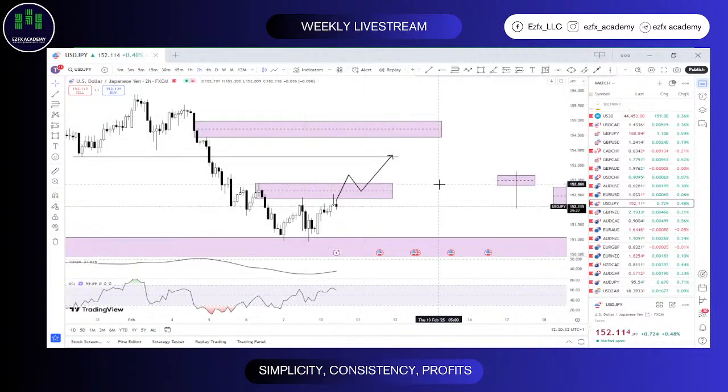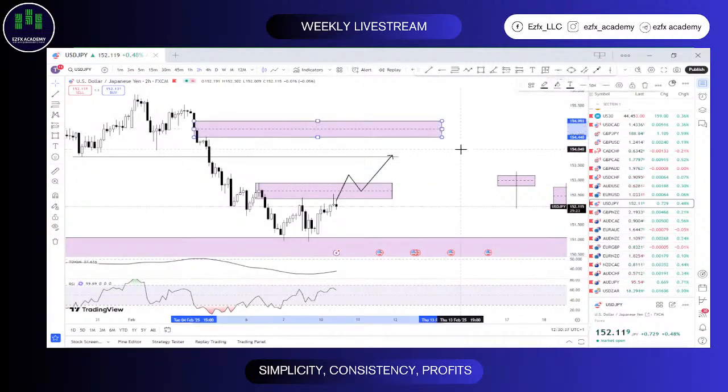But I think for now, working with this region that we just marked out on UJ on the 2 hour time frame, 154.993 and 154.440. That'll be my sell region on USD JPY this week. 154.993 and 154.440. However, again, I'll tell you this: when price comes into here, do not just take that trade anyhow. Don't just fly into the trade.